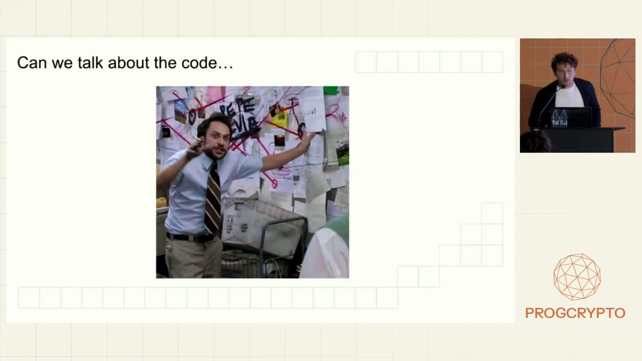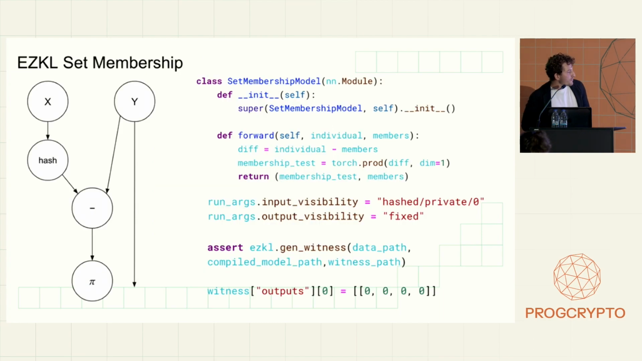All right, so let's talk about the code. The first, like I was talking about, is our PyTorch approach to set membership. So we define a model in PyTorch, and it's really simple. It's going to take two inputs. One is an individual who's trying to test whether he's part of the set, and the second is the set membership. Then the members is a tensor, and so we'll do a tensor operation subtracting the individual from the members